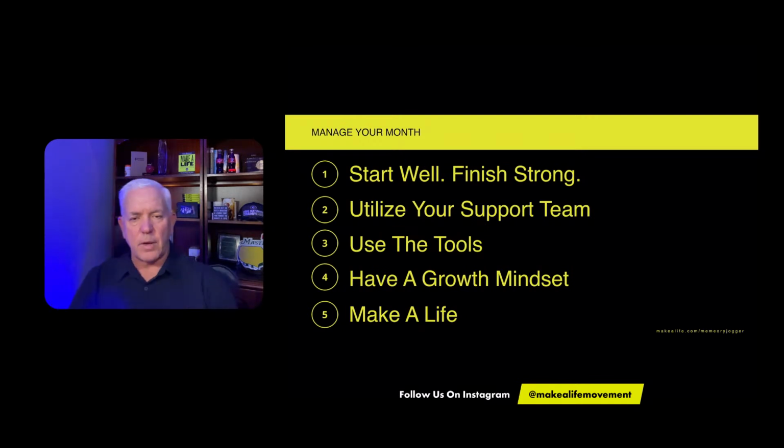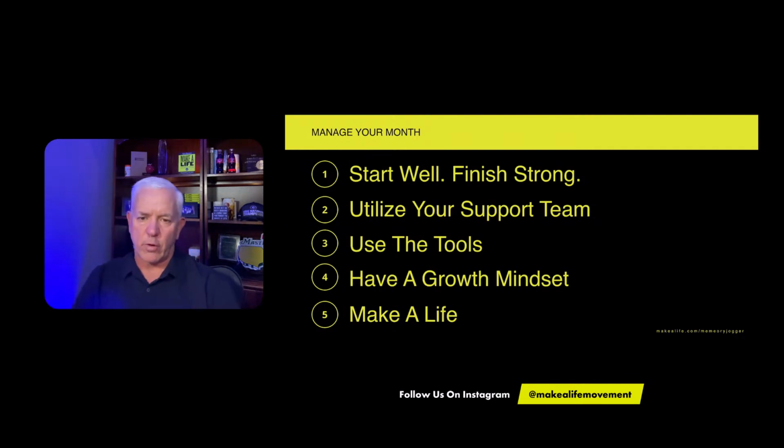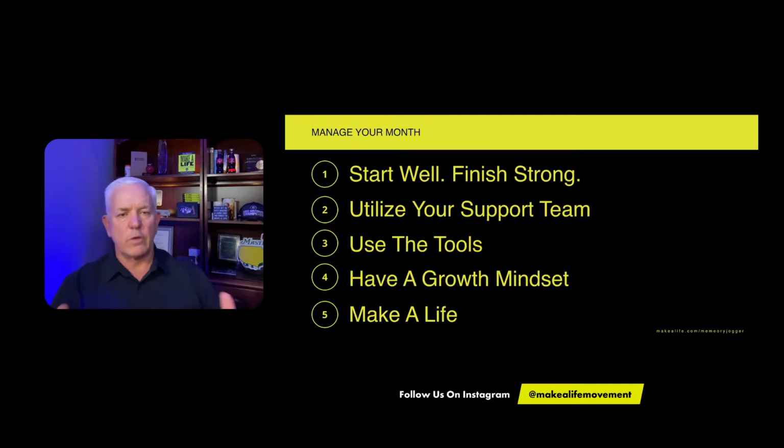So this is our plan. We're starting well and finishing strong, using urgency at the end of the month to destroy procrastination. We're utilizing our support team with this memory jogger, sharing it with at least one person that's your expert in your upline, probably with your partner, your sponsor too, if they're not that person, because they're learning and growing with you. And then your other members of your support team, you can share it with them too, but you really want one that's going to make 3-way phone calls, that's going to pour into this with you and hold you accountable.